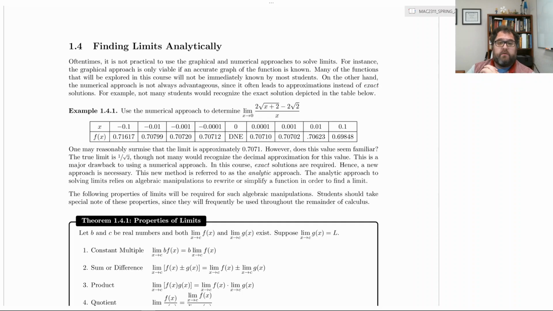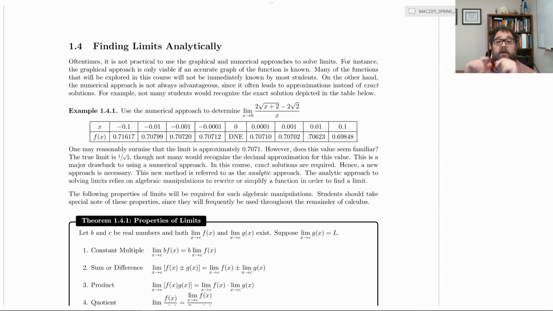So it's super important that you really internalize these properties, not just memorize them, because memorizing doesn't necessarily help you apply them. You do have to memorize them, but you also have to know how to use them and how to properly use mathematical notation and all that good stuff. So let's jump right in and see what we have going on here. Example 1.4.1